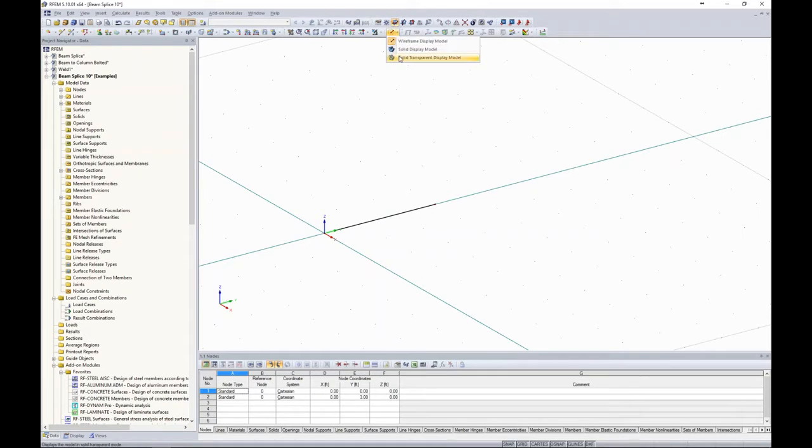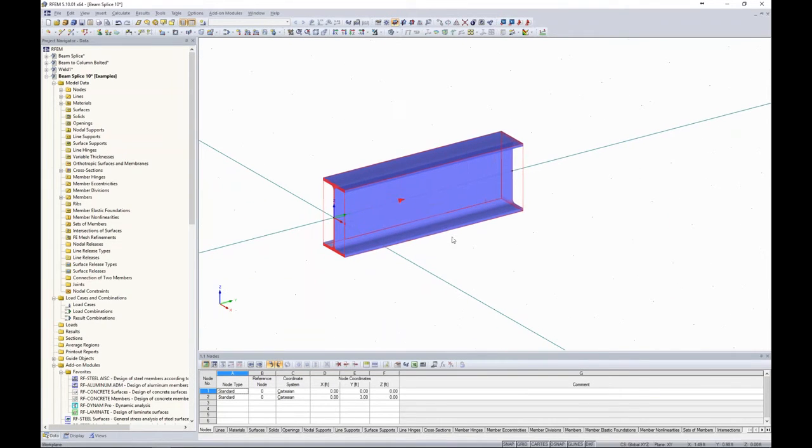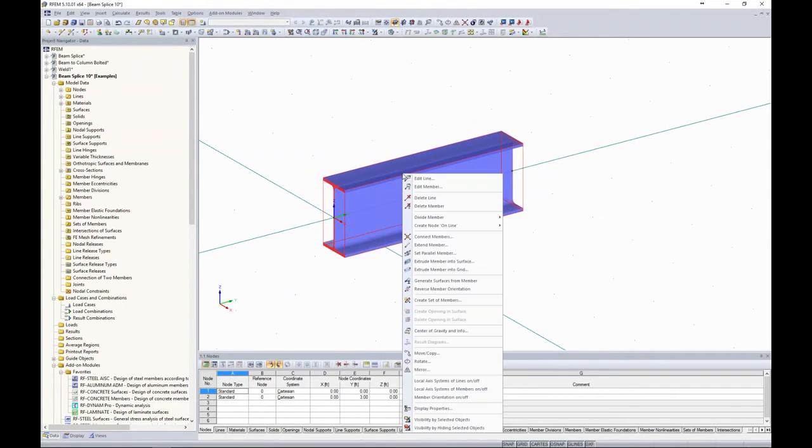If we turn this back into a rendered view, of course, all of these cross-sectional properties will be taken into account for the analysis and design. But if we're interested in something like the stresses on the flange versus the stresses on the web, you really can't view those different stresses on different components of the beam because it is being modeled by this simple center line here. Now, what we can do, though, is to right-click on this member, and we can utilize this option,